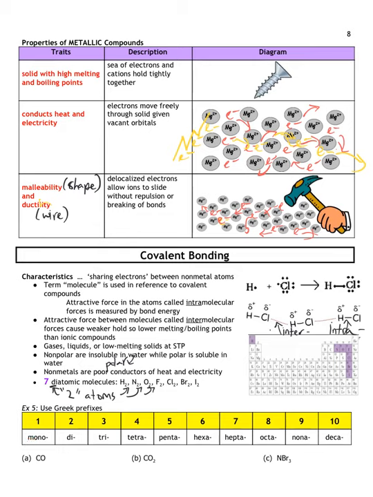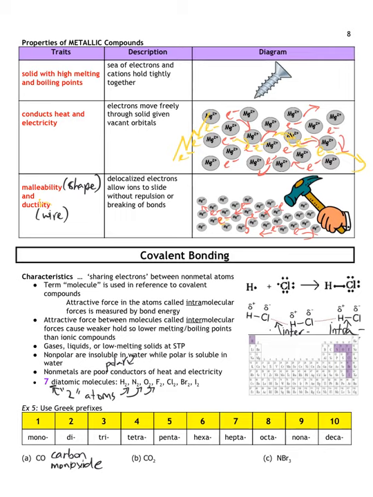You still have the "ide" ending, just like you name ionic compounds, but you have these prefixes added to it. Now sometimes you're going to have to drop double vowels, especially if your prefix has a double vowel with the